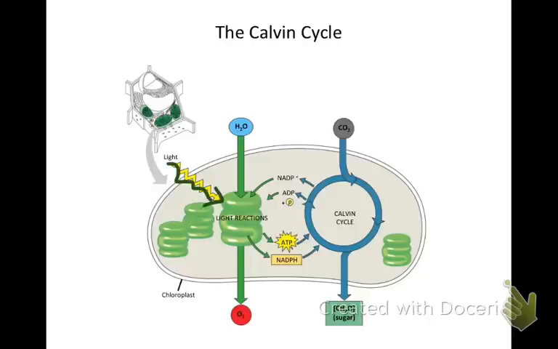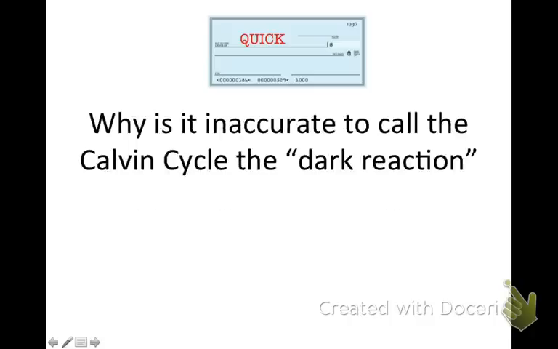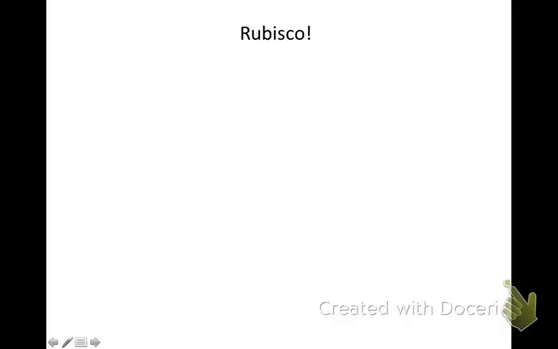But just because you have light doesn't mean that the Calvin cycle is not working. The Calvin cycle is always going as long as it has these things. So it's inaccurate to call the Calvin cycle the dark reaction because it can actually happen in the light. It just doesn't need light. If you're a little bit confused on that, don't worry, we can cover that in class later. Okay. So, let's talk about